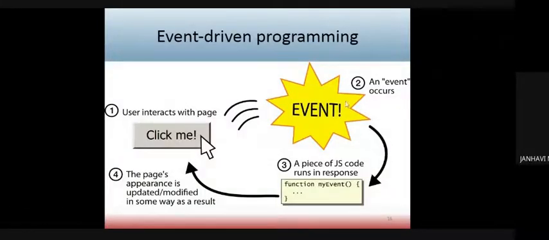Now, coming to the next slide, we say that JavaScript is an event-driven language. Recalling the very first statement, JavaScript helps to control the behavior of web pages. As I said, in JavaScript we are going to study a lot of functions, a lot of buttons, due to which the web page will behave in a different way. That's why we say it is event-driven programming. The user is interacting with that particular web page. There are different buttons, different load functions. By just a click of a button, a particular event can occur.